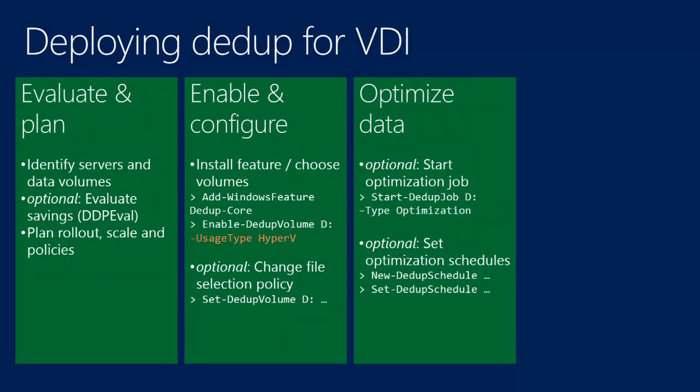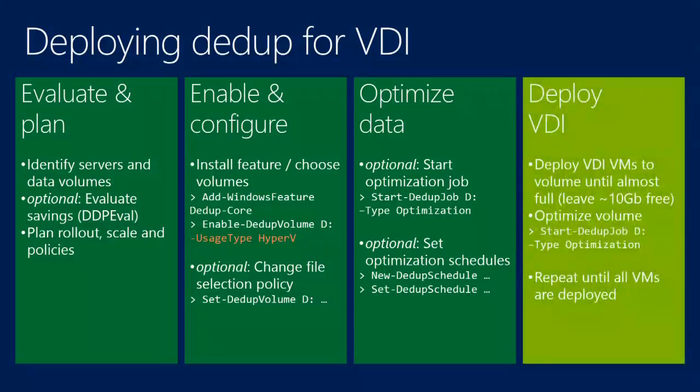For VDI, there's one more step. That additional step is that you want to tell the deduplication service that you're using it for Hyper-V mode. One more caveat, though. If you're going to set dedupe on a volume and you want to put lots of VDI files on it that you don't already have,